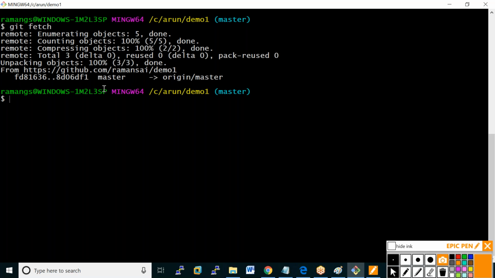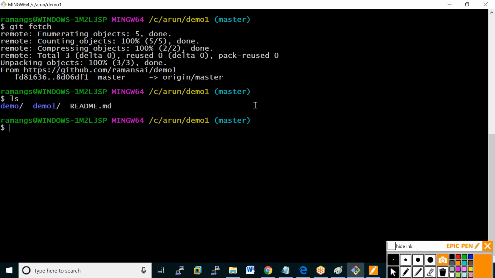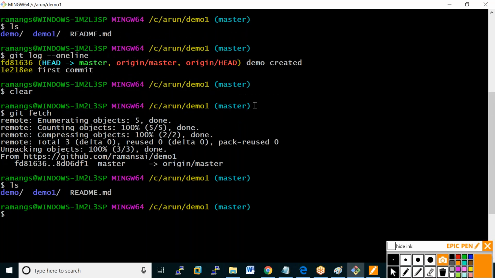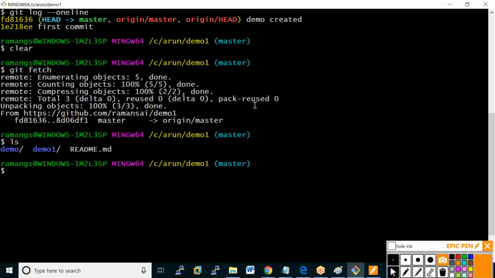Here it connects with this and downloads the file demo. What does git fetch do? Since the file readme.txt is modified, that file alone will be downloaded. Now if you type cat